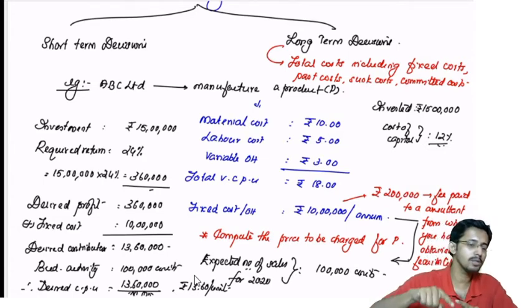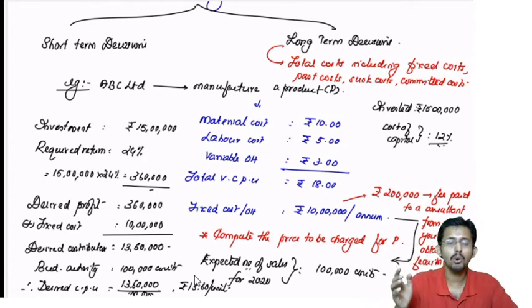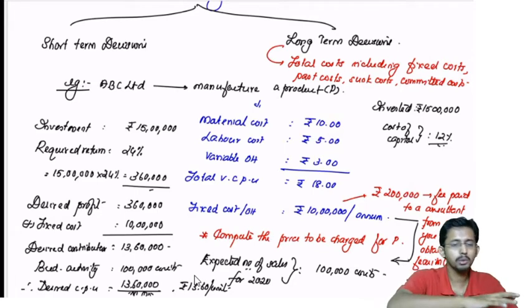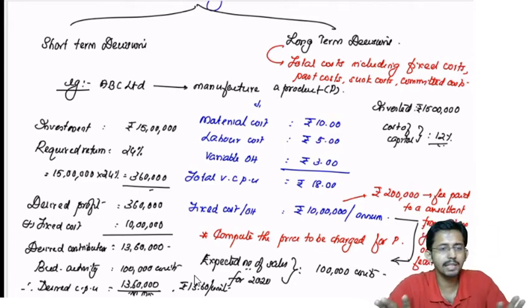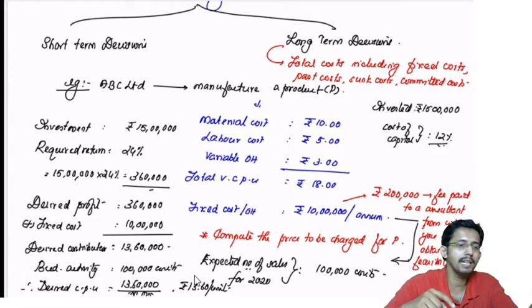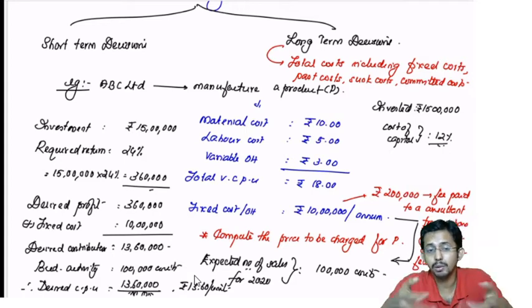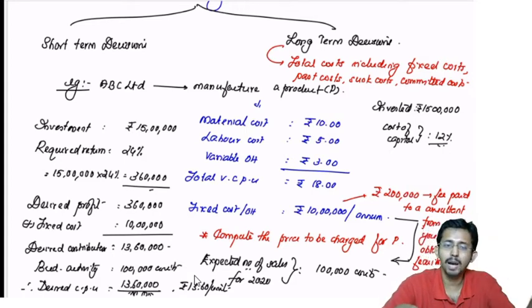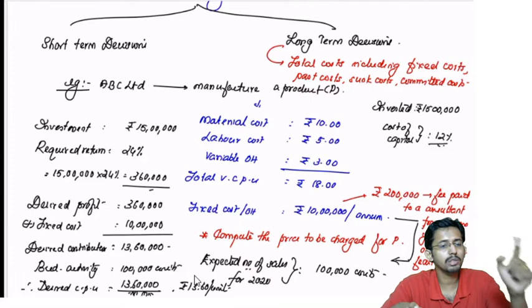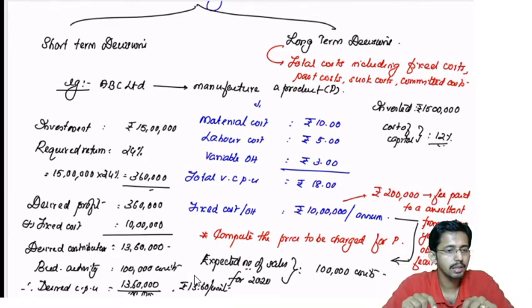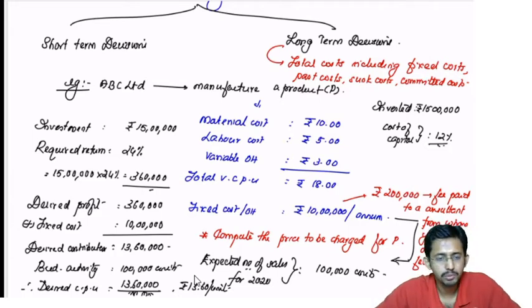Even though the sales you are making are in the future and the cost was already incurred, which you cannot reverse, whatever be the case, we call such cost as sunk cost. Sunk cost or past costs are those costs which have already been incurred in the past and which we cannot reverse. Even though it is a past cost or sunk cost, this cost has to be considered while pricing your product, because you need to recover that cost also.